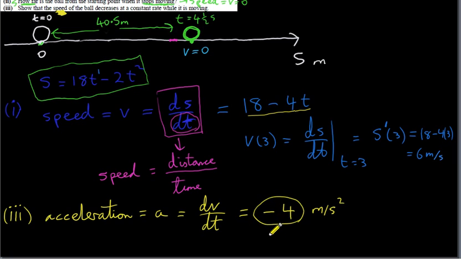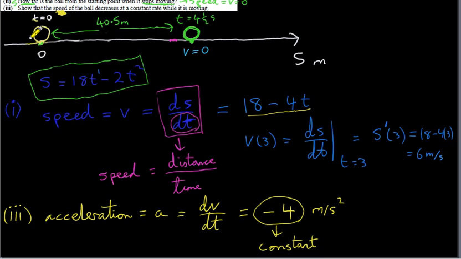This is constant. That's all you've got to indicate here, that the acceleration is constant. So that tells us that the speed decreases by a constant minus 4 meters per second each second. So the ball starts out with a certain speed,